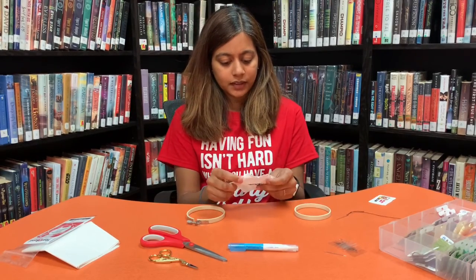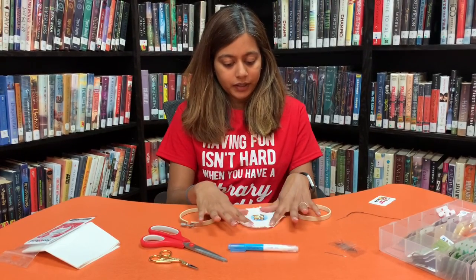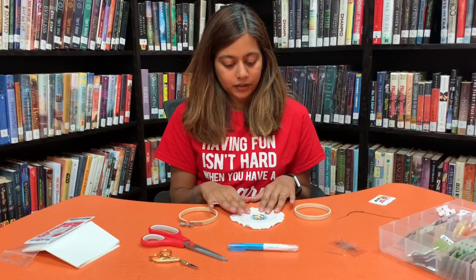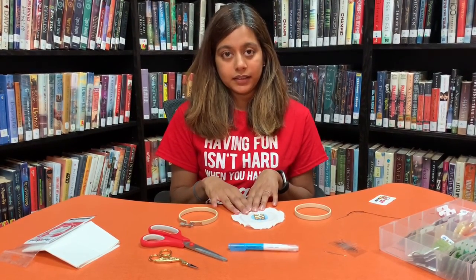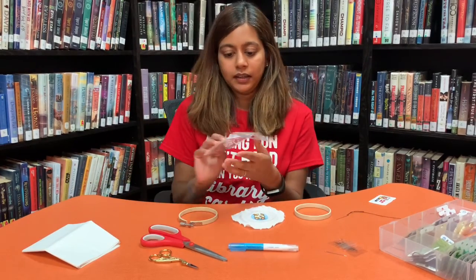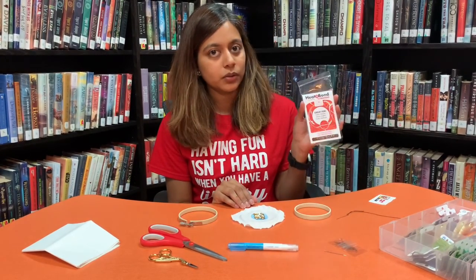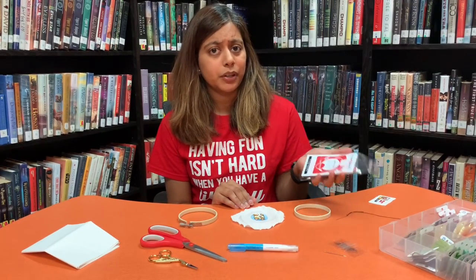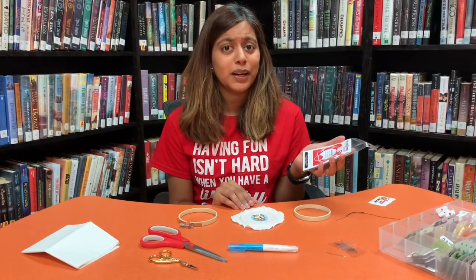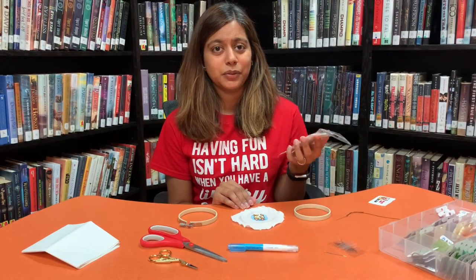So the next thing that I'm going to do with my embroidery piece is add my iron-on adhesive. The kind that I'm using is Heat and Bond Ultra Hold. You can find this at the craft store. If you picked up our embroidery kits, which we still have a few of, so definitely pick those up if you need them,